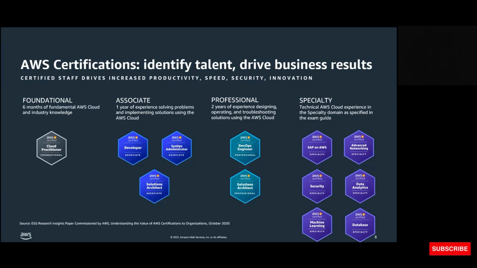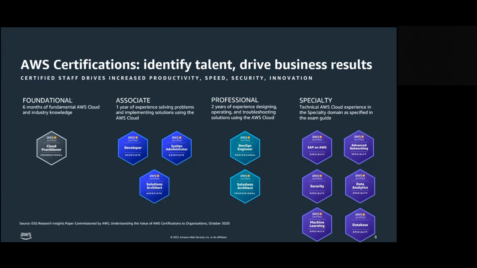So that's one. And then if you want to take it up a notch, and if you already got your path, if you already know your role and you want to up your skills or your accreditation, you move into the professional level, and those are basically a 2 years plus requirement. And then again, they're on the DevOps, which is level 2 of a developer, or solution architect professional, which is the level 2 of the solution architect associate path.